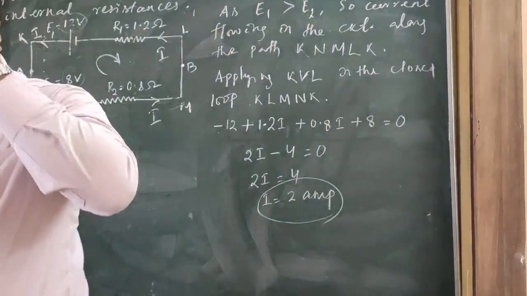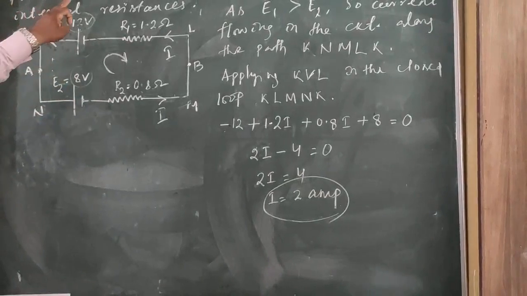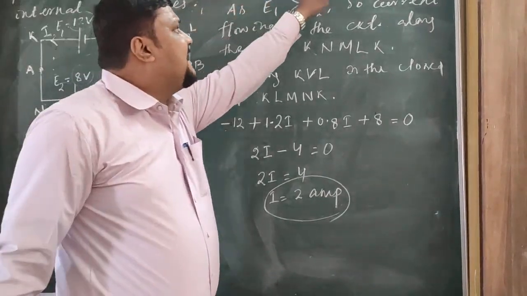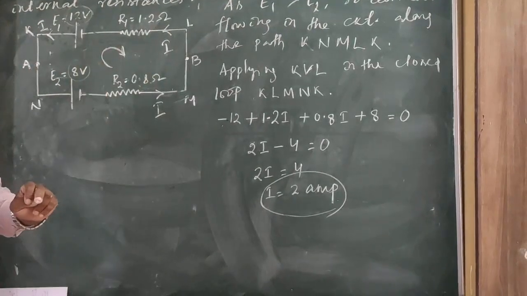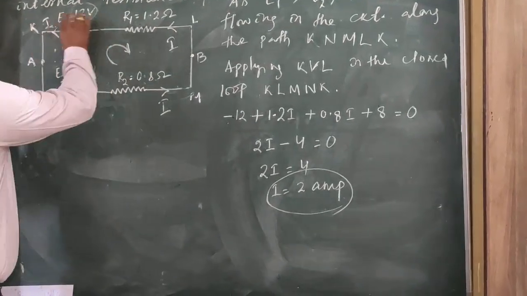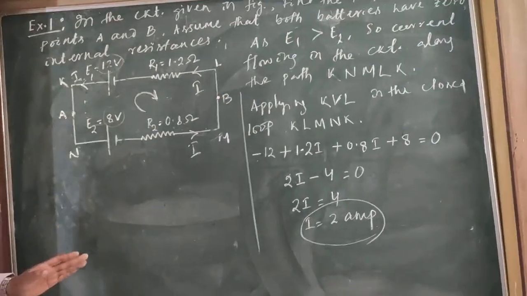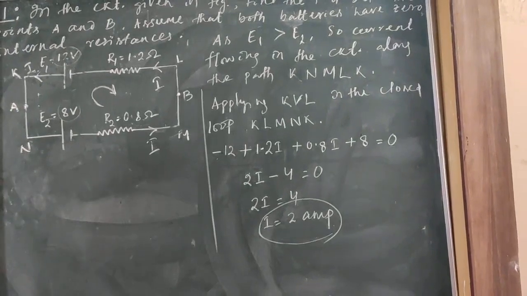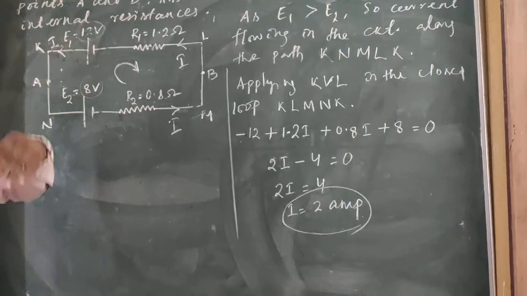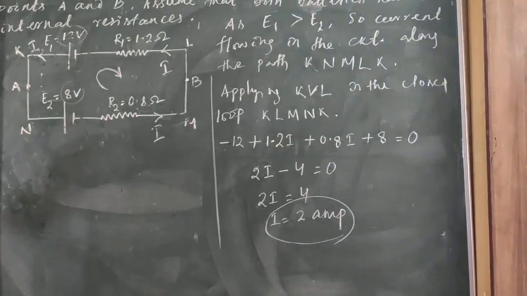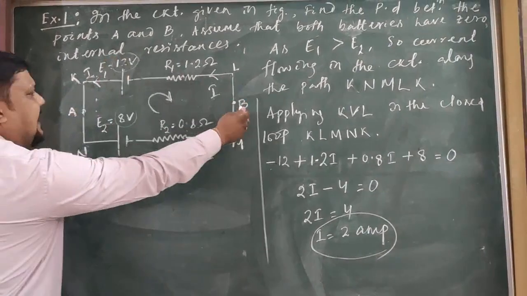Once we got the value of I, the question is not asked about the I. The question asks, find the potential difference between the points A and B. So, between the points A and B, once you know the current, do the same procedure to find the potential difference between any two points. A and B is marked here, anywhere A and B can be given. Great. Now you know the concept of potential difference across A and B.